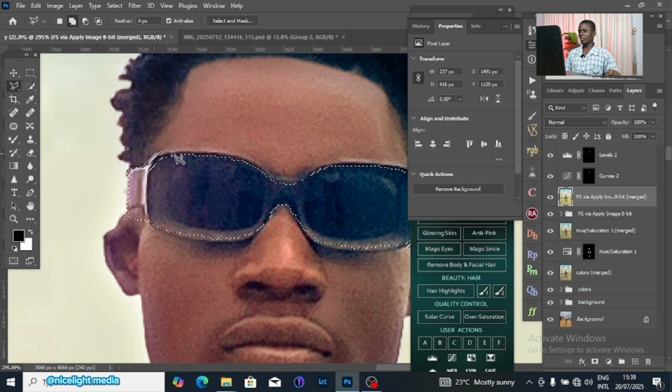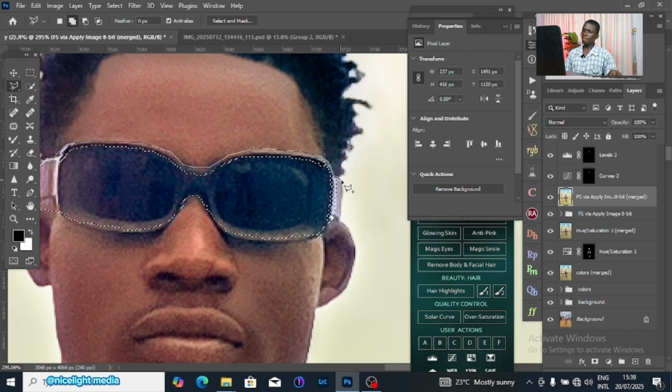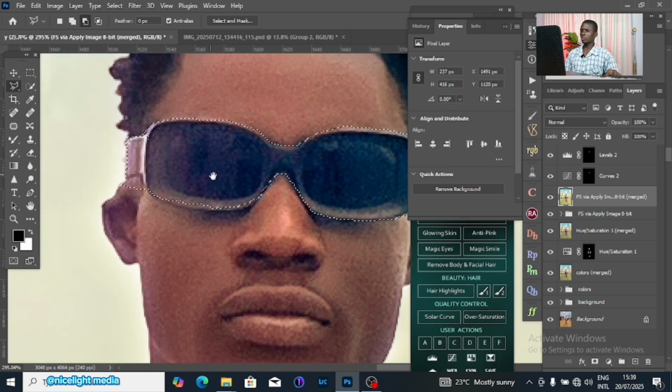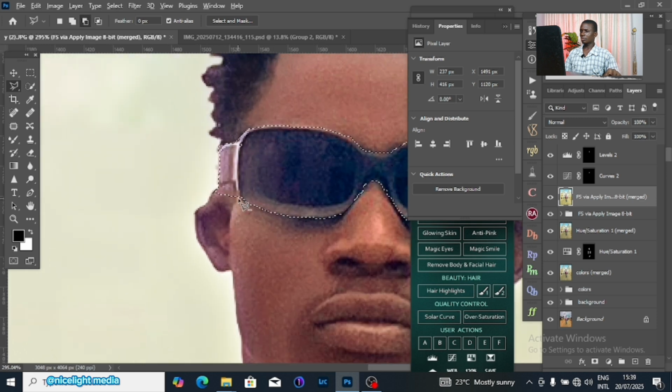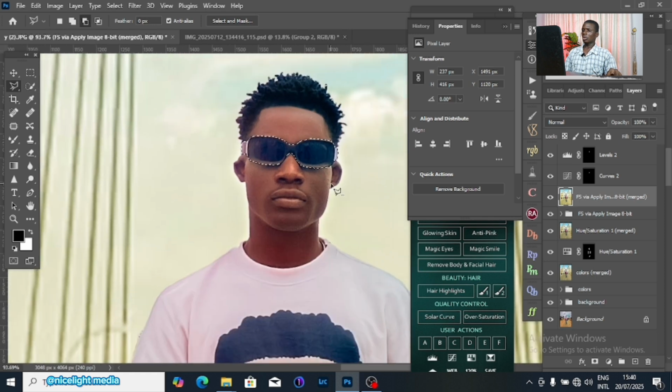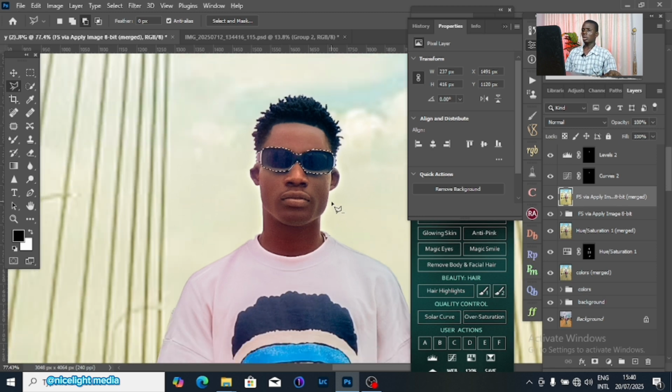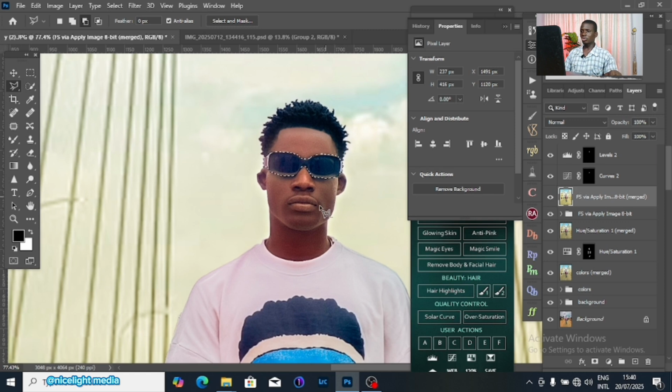I'm just going to trim the glass out from the face. So after trimming the glass out now,